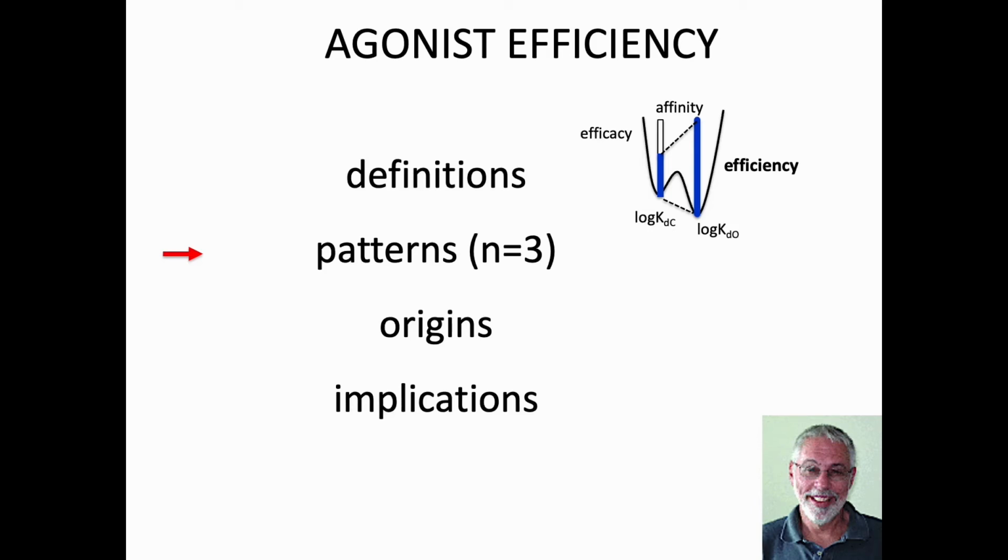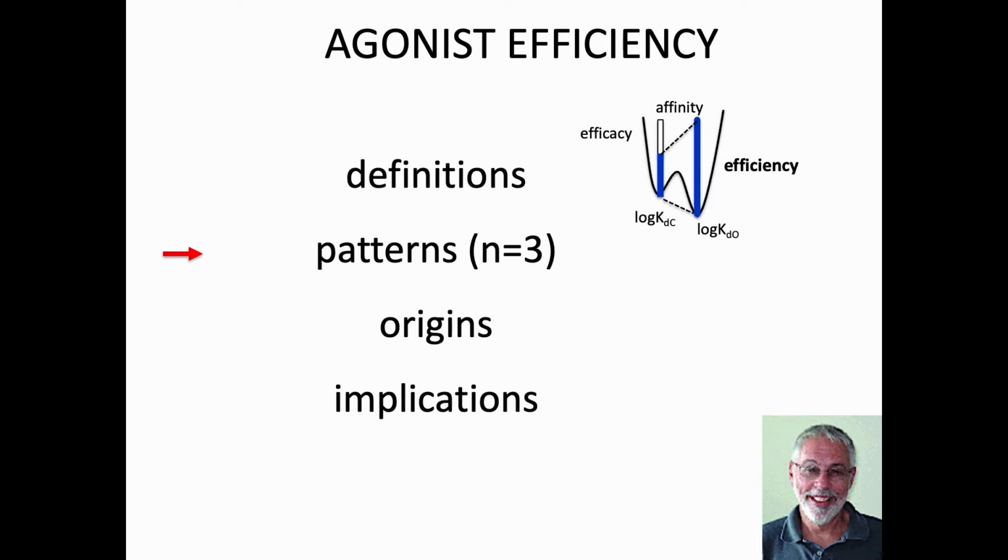This is chapter 2 of the video pamphlet on agonist efficiency. In chapter 1, we defined the terms affinity, efficacy, and efficiency in terms of the binding energies to the closed and open forms of the channel, the weak binding to closed and strong binding to open. Those are the two blue lines shown to the right there, with affinity being the lengths of the lines,